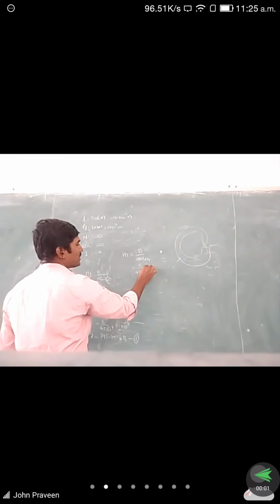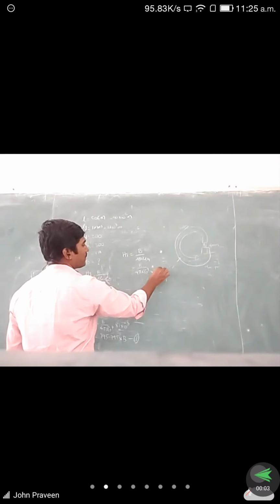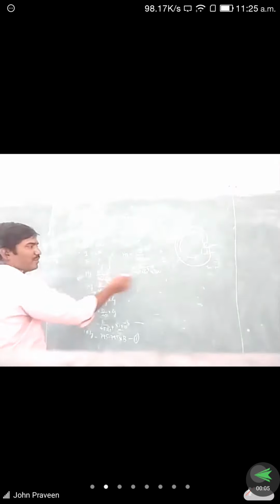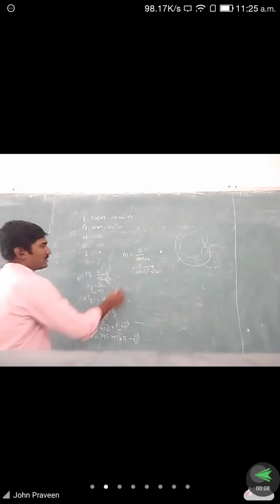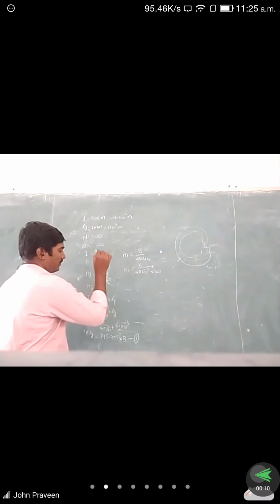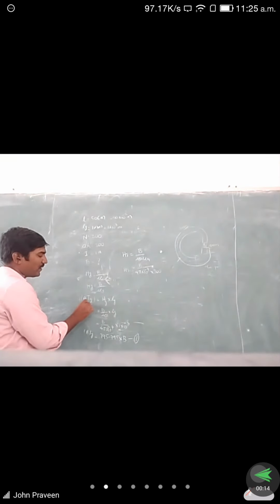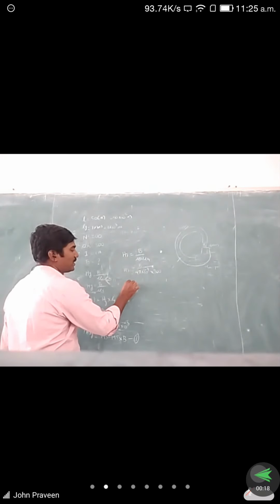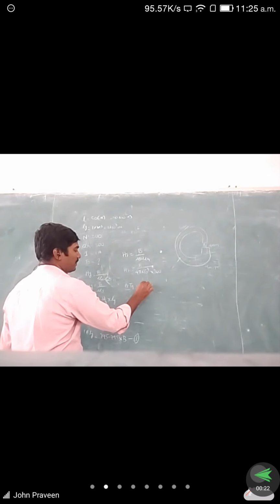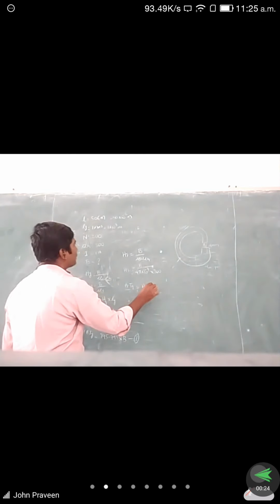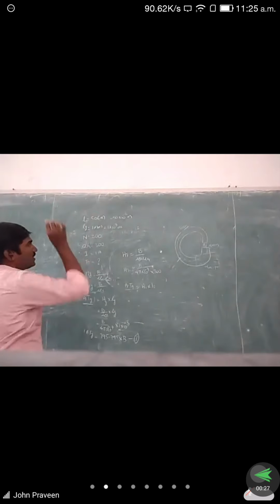Power of minus 7 into 300, because the relative permeability value for the core material is 300. So that is the H_i value. Next, what we want to find out is the ampere turns value. Ampere turns for iron material is H_i into l_i. Here we are assuming it as l into I.